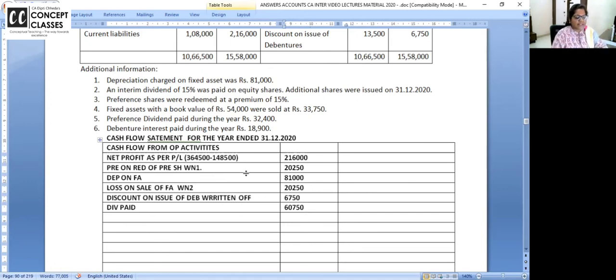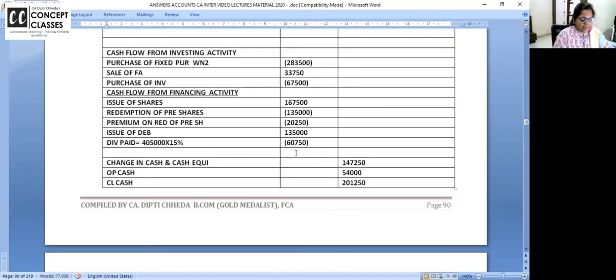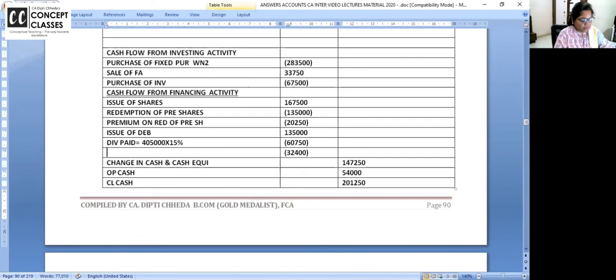Preference dividend also you have paid, same treatment. Add back. Those who are not following why add back: in the general P&L reserves difference, definitely in the P&L appropriation account, dividend paid and transfer to reserves are all debited, so you must have paid dividend. This is like preference dividend paid. How much is preference dividend paid? 32,400. Can I add back here? What do I call it? Preference dividend paid. 32,400.